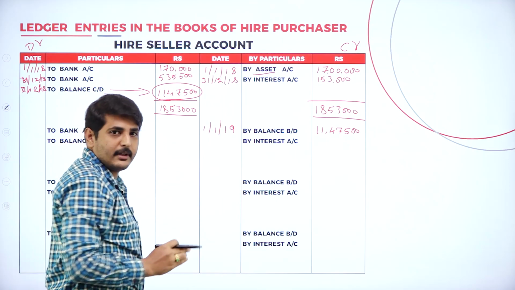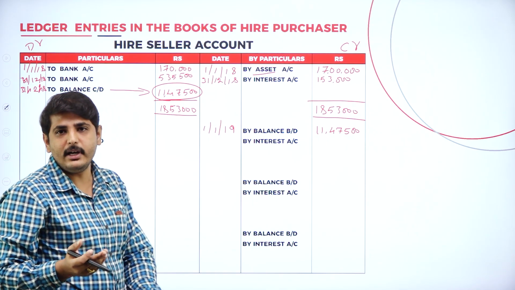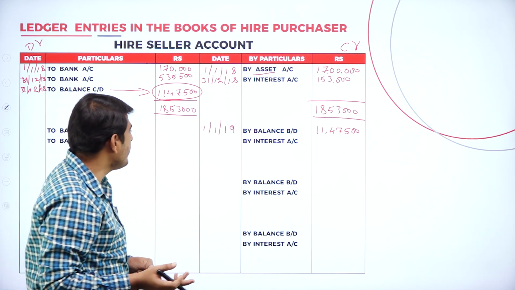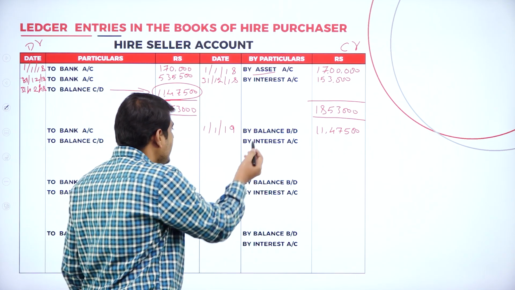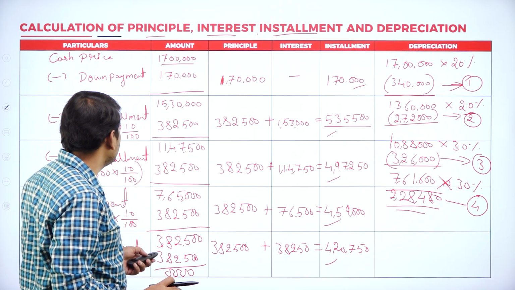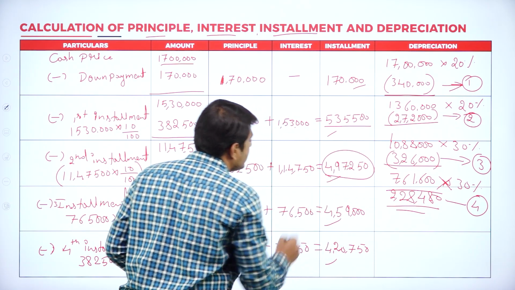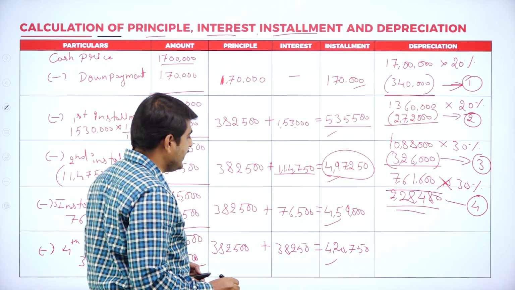Again for the next year, the purchase entry is already over and the down payment entry is over. From next year we have to calculate only interest, and the depreciation amount is transferred to the profit and loss account. There will be interest each year. So what is the next year's interest? Let's see the interest for next year, or 2019. This is the interest for the second year.